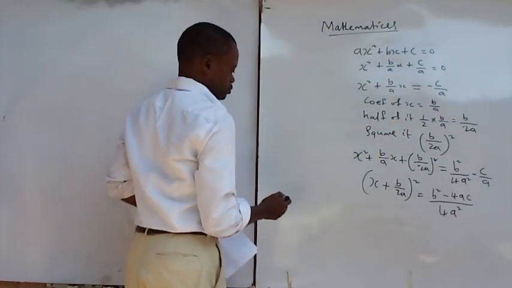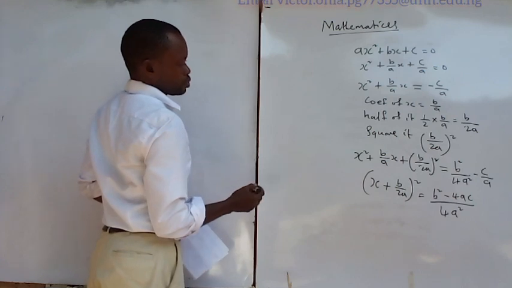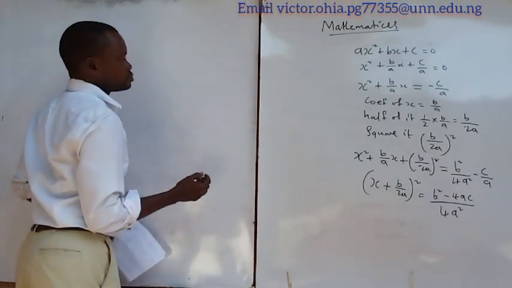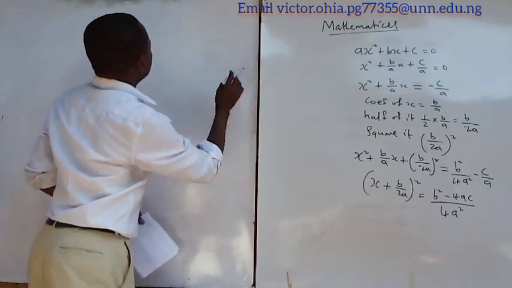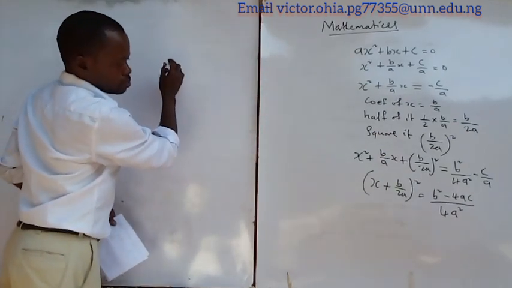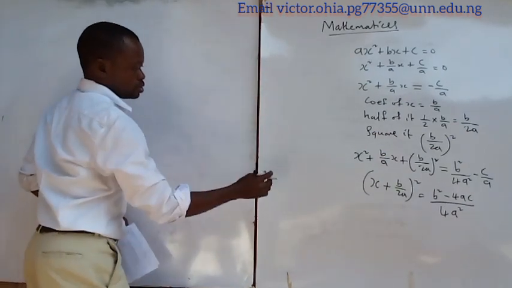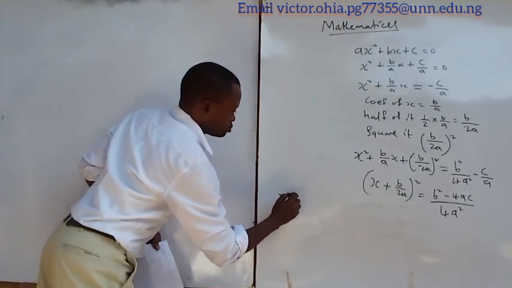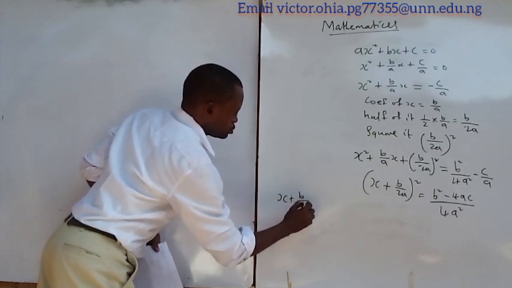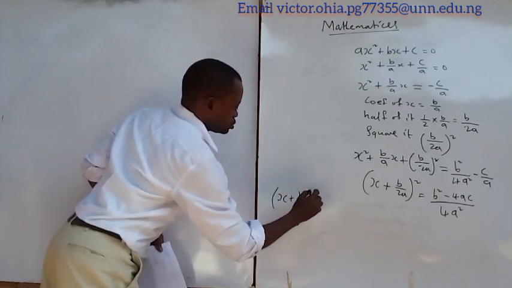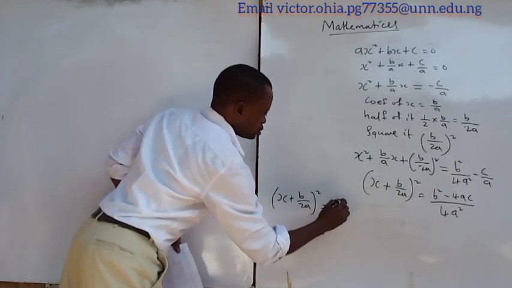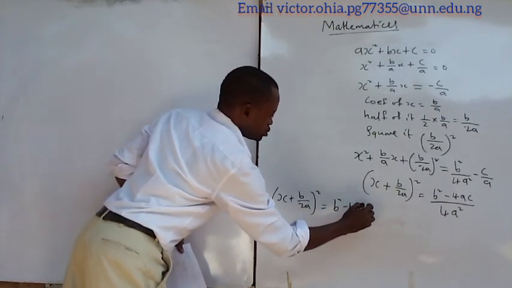Okay, let me come over here. Let me do it here so that you can capture clearly what I am doing. I have here x minus, rather plus b over 2a, squared equals b squared minus 4ac, all over